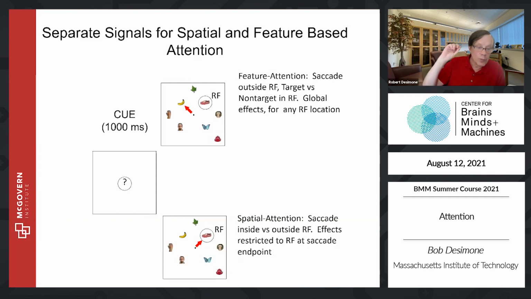However, feature-based attention is distributed across the whole display, and the animal's going to use that to guide its attention to the target, and we can look at the effects of feature-based attention on that target